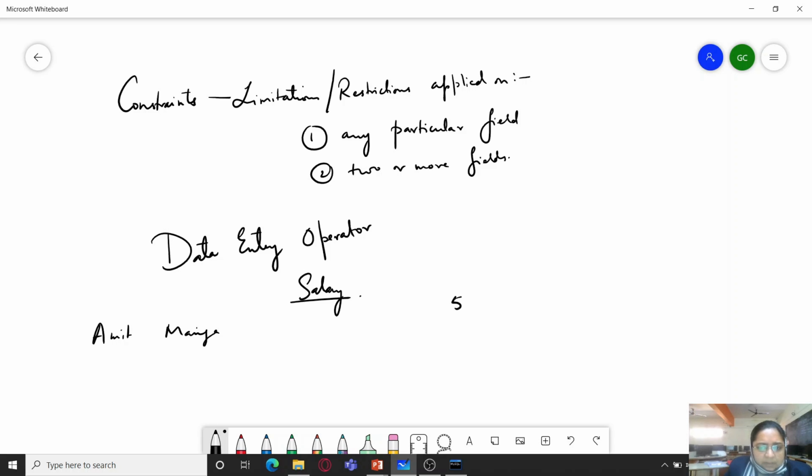Instead of entering his salary as 50,000, the data entry operator just entered it as 50. Can you imagine a manager working in a department getting 50 rupees as the salary? Although syntactically or programmatically it is not wrong, it is still a numeric value which has been entered in salary, logically it is not correct at all.